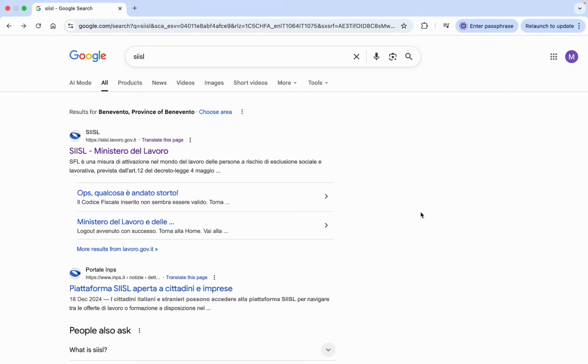So it is important to complete this procedure within 15 days once you receive a notification to fill your profile on the SIISL platform, and you will receive this notification once your unemployment benefit is accepted. So just type SIISL on Google and then click on this first link, SIISL,